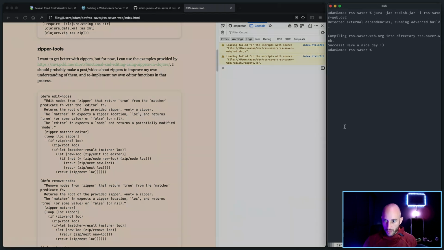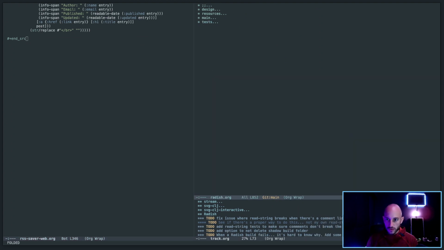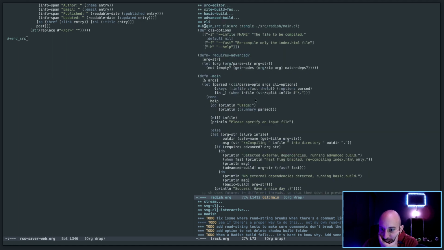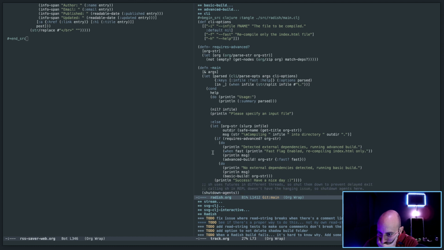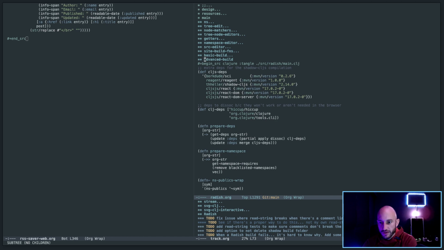So let's pop back here. Let's adjust the jar file a little bit more. What I want to do is have it... let's ignore the tests for now. That's not going to be helpful to me at the moment. All right, so the CLI, when it runs an advanced build, I just want to prevent it from deleting